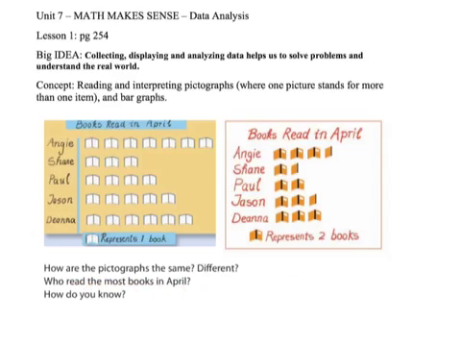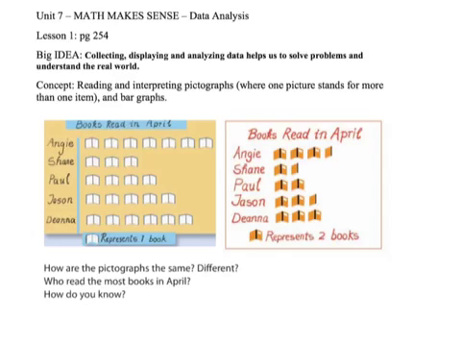Who read the most books in April? We could still look for the longest line of books, and that would be Angie. And of course, how do we know who's read the most books? We look for the longest line or the longest bar. Who read the least number of books? Well, it could be Shane. We could be specific in our